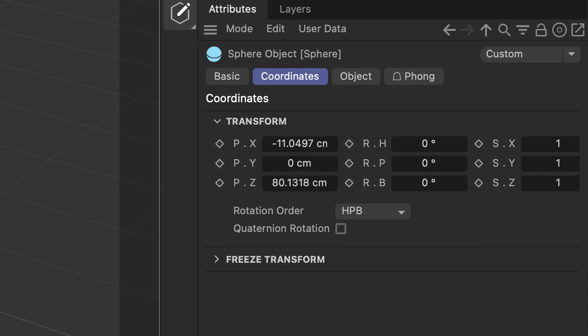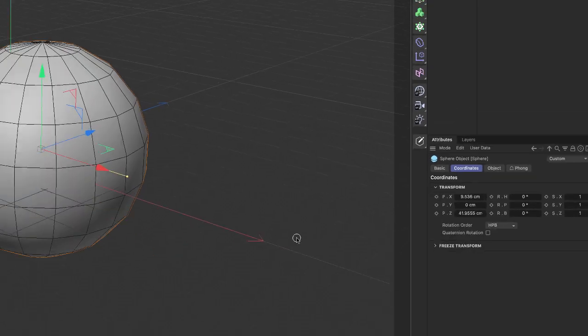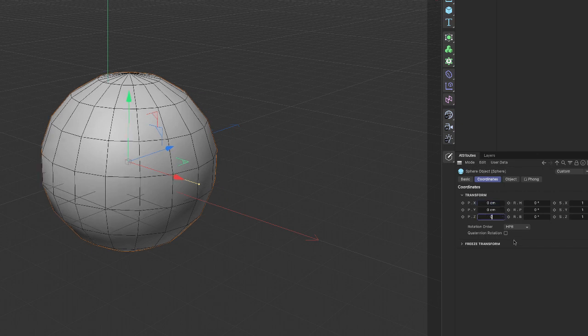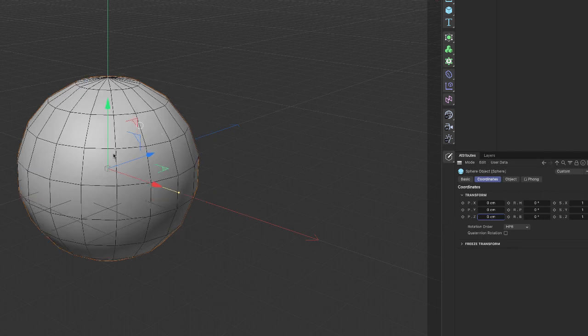As I move the object, you can see that the coordinates change. Likewise, I can go in here and zero out these. I could type in 0 and 0 and then hit return, and now the object is in the origin of